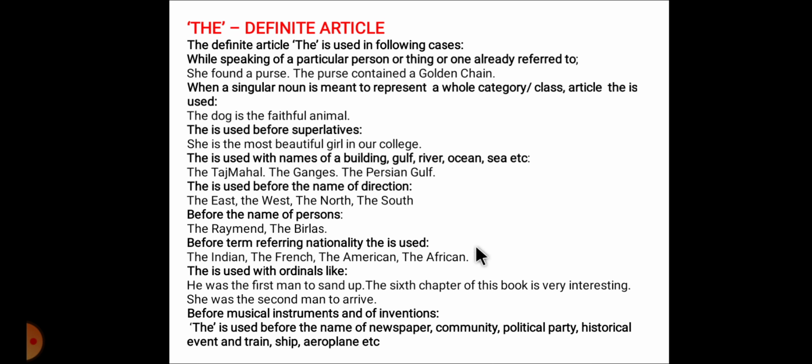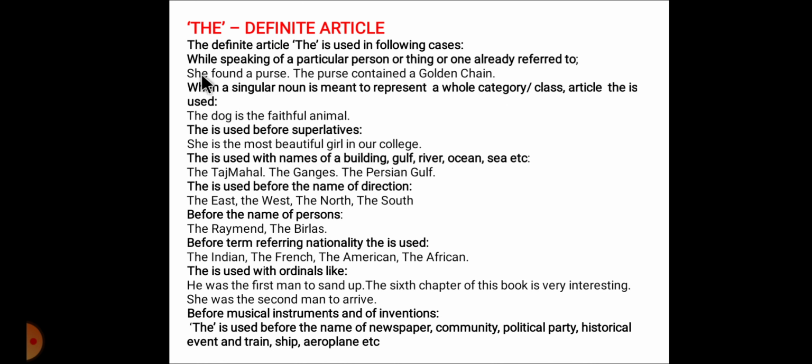Next, indefinite articles. Dear students, you need to understand each sentence, and you have to remember or recite these rules. Then only will you come to know how articles are used. Earlier we discussed the indefinite articles a or an. The a is used before the consonant sound of a word. Where do we have to use an? Where we utter or pronounce a vowel sound at the beginning of the word, we have to put an.